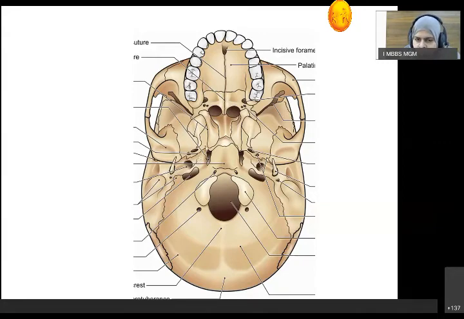Okay. Then in the norma basalis, how many parts of the temporal bone can we see? This is the petrous part of the temporal bone. This is the squamous part, this one, and this portion, you can see this triangular plate, is known as the tympanic part, that is the tympanic plate. Okay. So petrous part, what structures can we see at its apex?